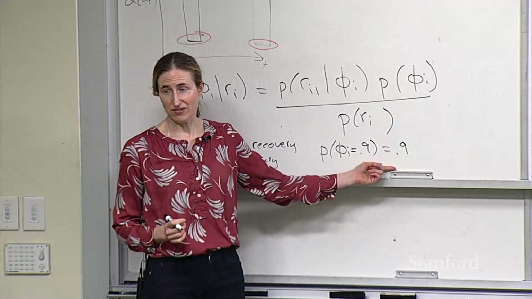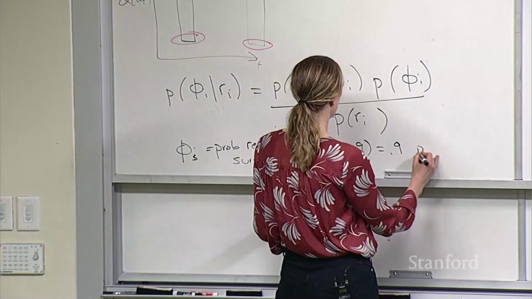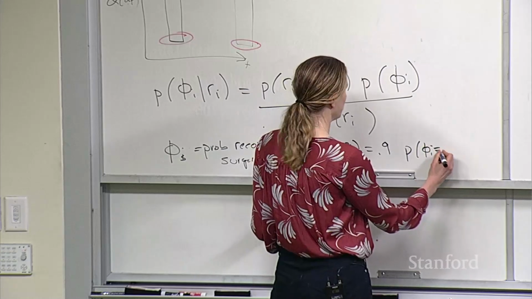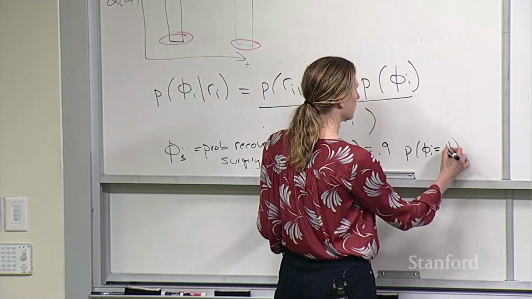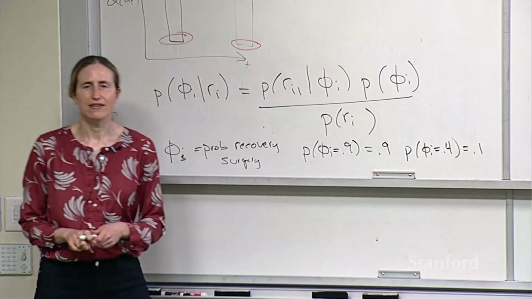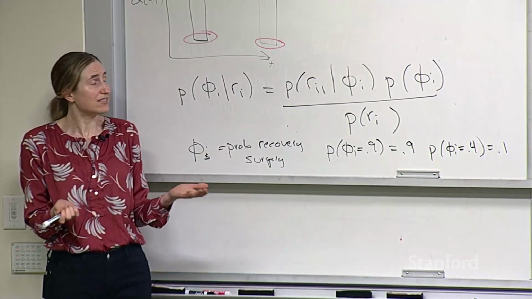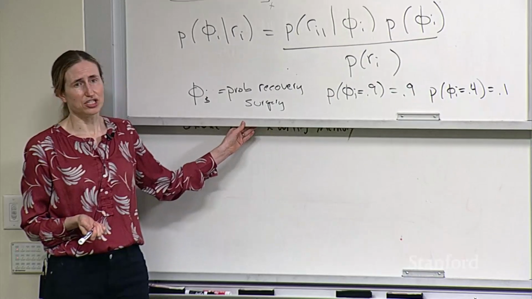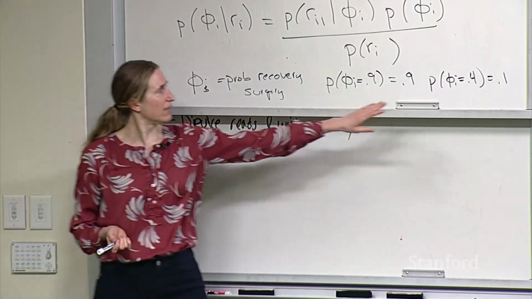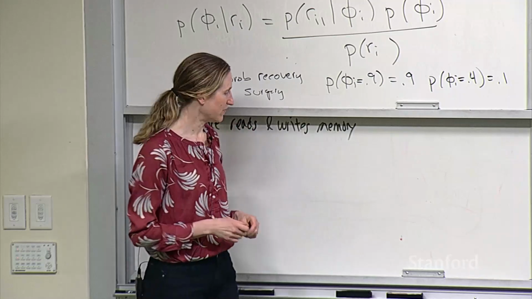So I'm pretty confident that the surgery is going to be highly effective on average. But I think that there's some probability that the surgery is not so effective. And then I would say, well, maybe with 10% probability the surgery isn't as effective, but on average, people are going to recover at rate 0.4 with the surgery. And we'll see some specific examples of this.